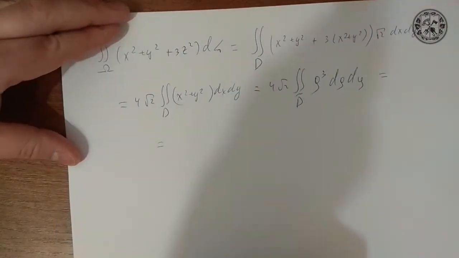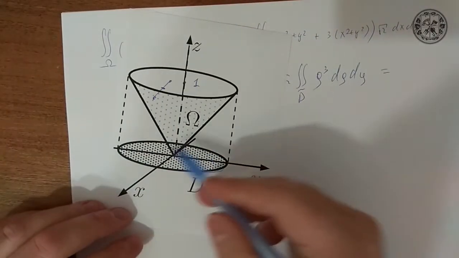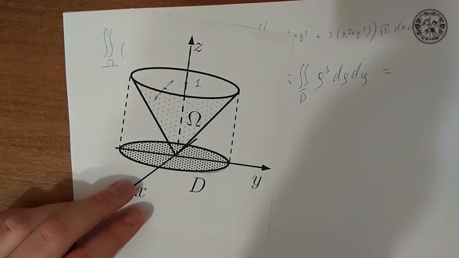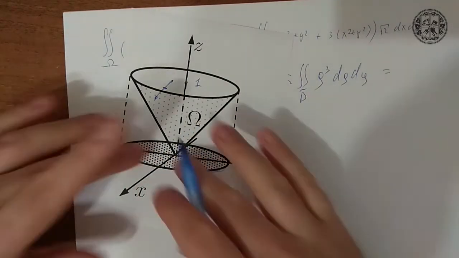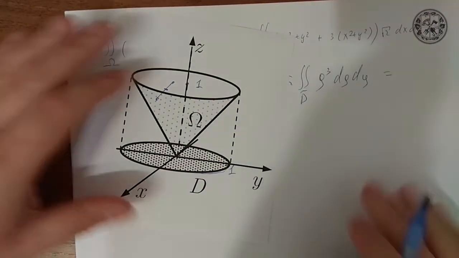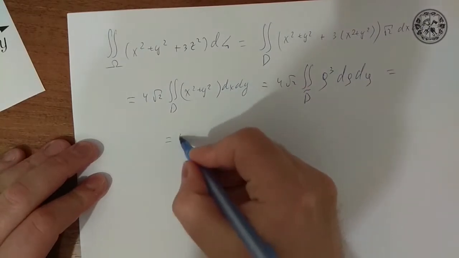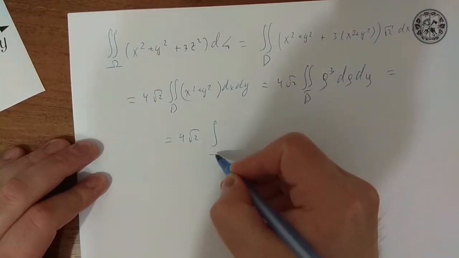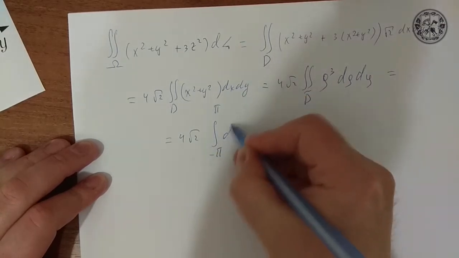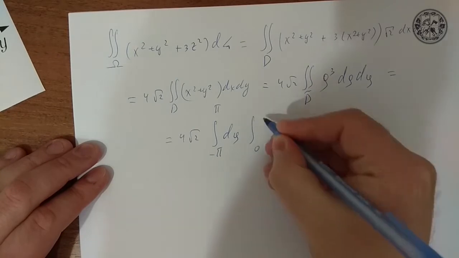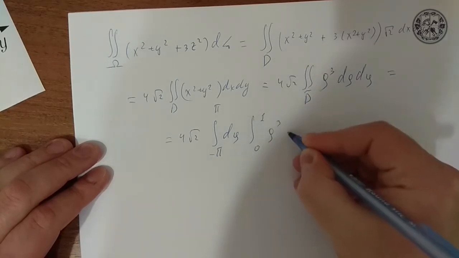Next, because we have a full circle, the angle goes from 0 to 2 pi, and because we have everything inside the circle, the radius goes from 0 to 1. So we get 4 square roots of 2, integral from minus pi to pi d phi, integral from 0 to 1 rho cubed d rho,